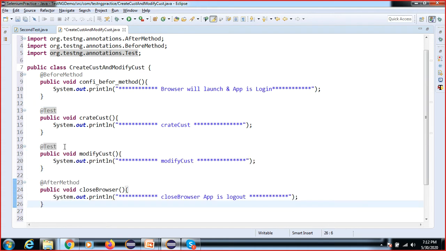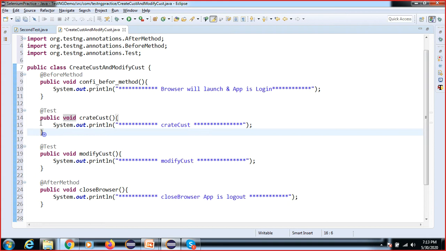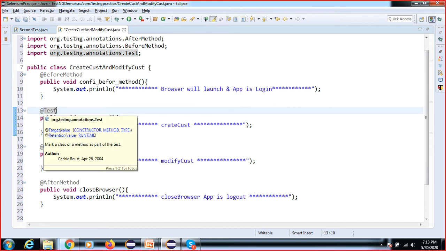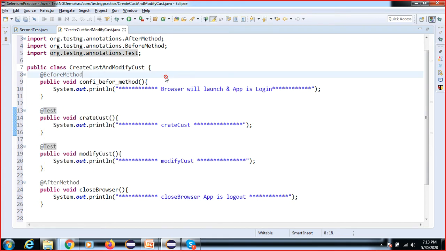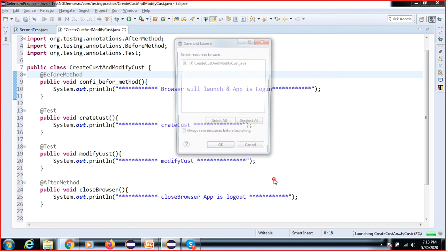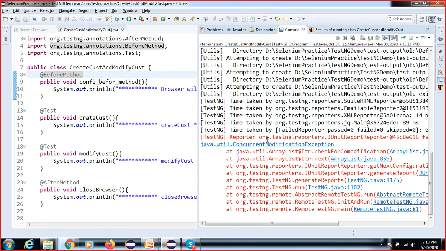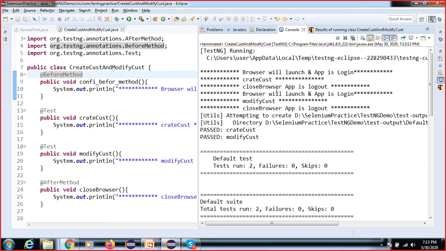The before method will execute per method, and one method with one @Test means one test case. If we execute this, you can see what the output is.